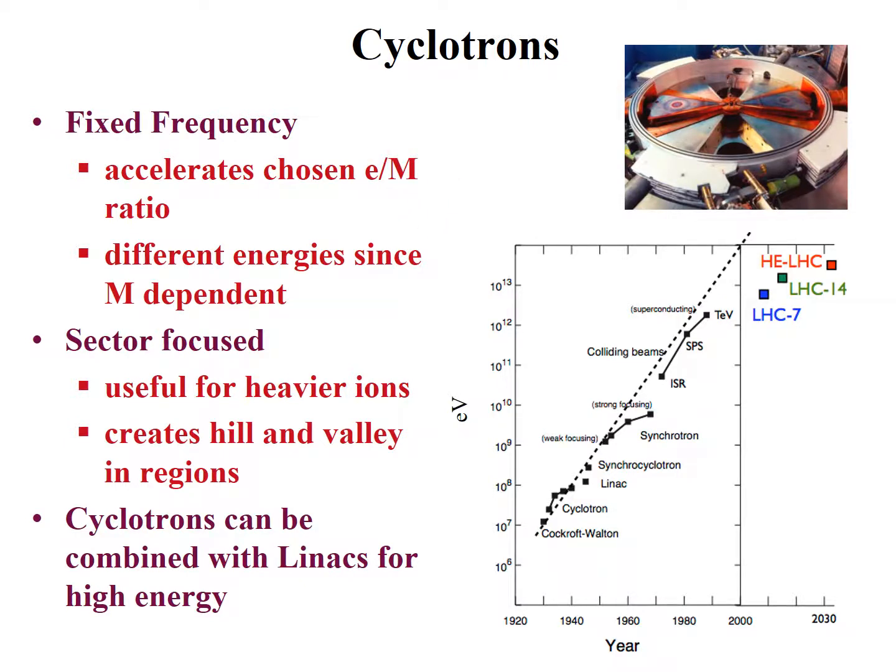You can also have sector focused cyclotrons, which are useful for heavier ions, and they create hills and valleys within the regions. Cyclotrons can also be used, as we saw for some of the linear accelerators, as injectors into linear accelerators for higher energies. Conversely, linacs can be used as injectors into cyclotrons. Overall, one can get an evaluation of energy as a function of